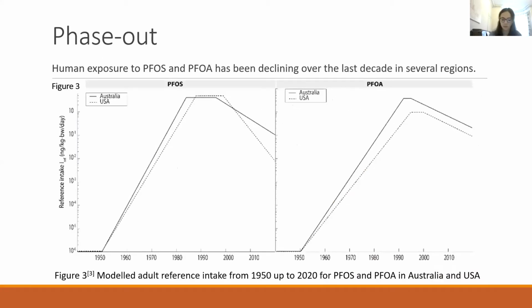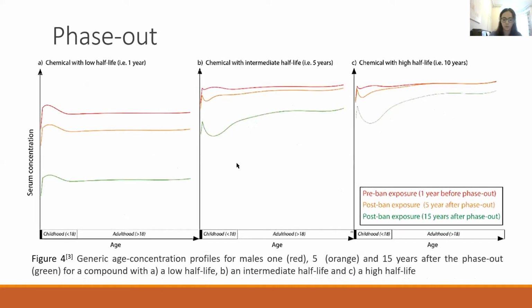And this is also shown with the amount of PFOS and PFOA intake in adults, both in the USA and in Australia over the span of 6 decades, where you can see a gradual decline over the past decade, where simultaneously over this period, our understanding of their effects on human health has been improving significantly, which has been a great thing. And the same study that provided these results also provided results on the long-withstanding presence of PFAS following